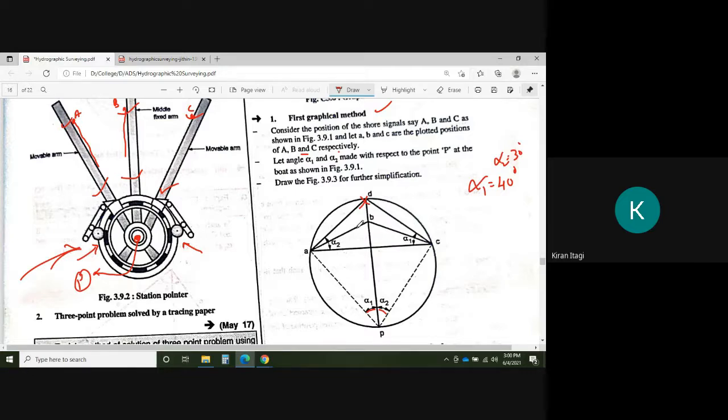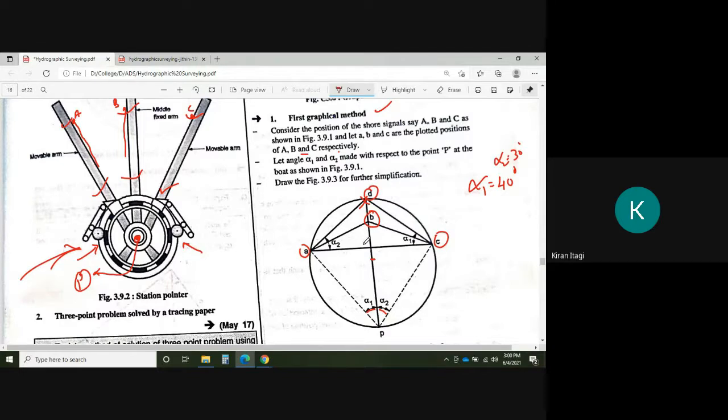Now a circle is drawn through the points A, D and C. Here we will draw one circle such that it passes through A, D and C, using the protractor. Now the point B is fixed along the diameter from D. See, this is our diameter. We will fix the point B.